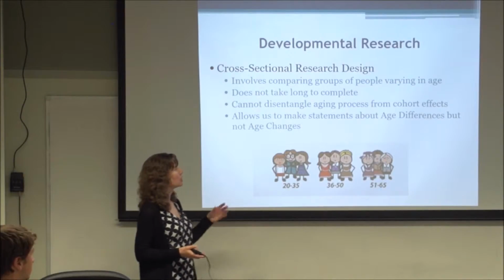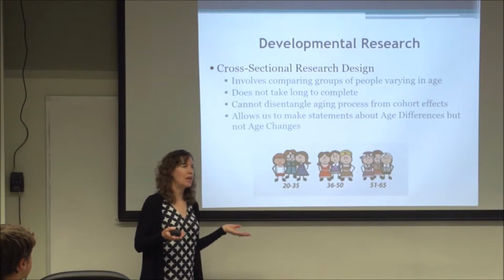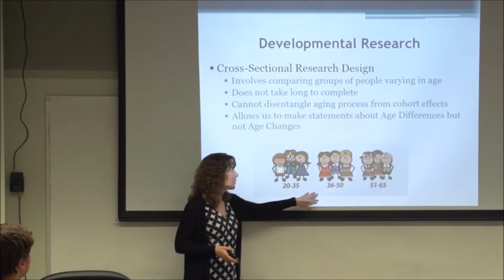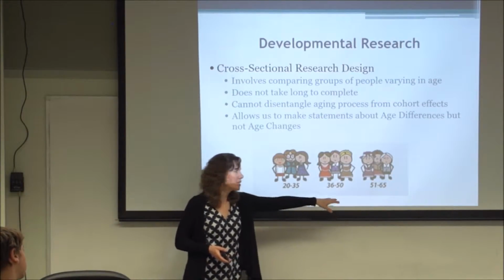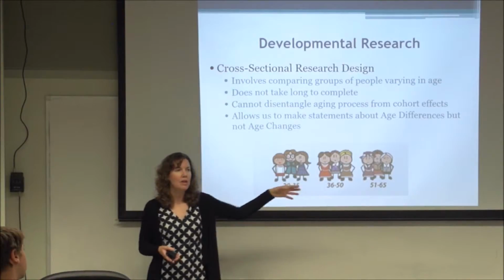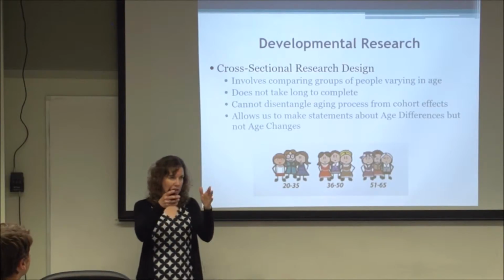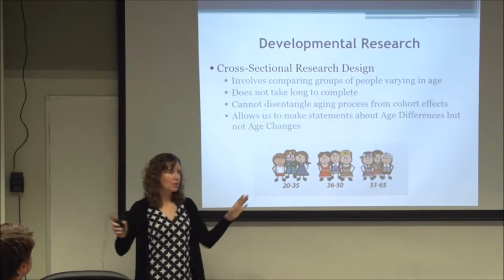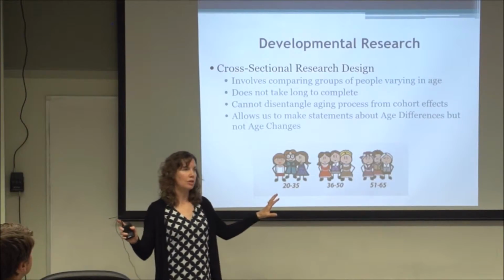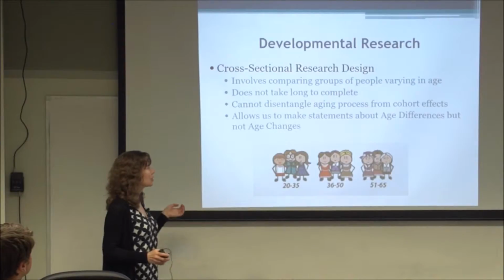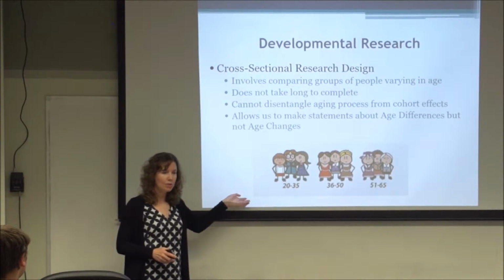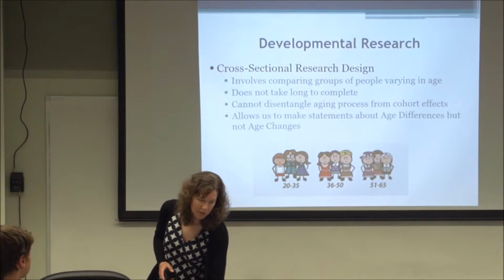But what you would do is, let's say we have a survey, and we would give it to a group of people that are age 20 to 35, 35 to 50, 51 to 65, 70 to 85, and we would do that now, today, and we just find people of all those different ages. So that's what we call cross-sectional. Most of our aging research is done this way because it's easier to do than the other type of design,